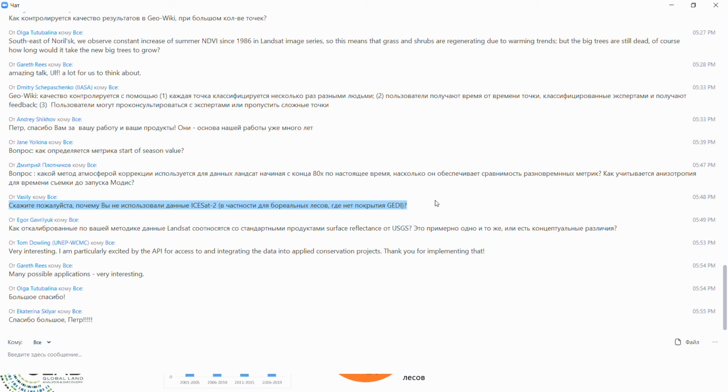Oh, this is an excellent question. We have a PhD student who is also a co-author of the article that we're going to publish. And that PhD student is doing exactly that. We compared ICESat-2 and JEDI metrics, and we see that they are not fully matching. So we had to find a set of metrics that would show us the same value for JEDI and ICESat-2. The first version of that PhD student's map shows us better the height of sparse forests.